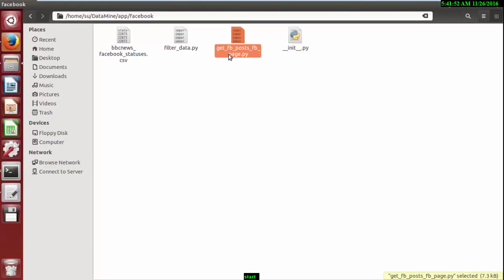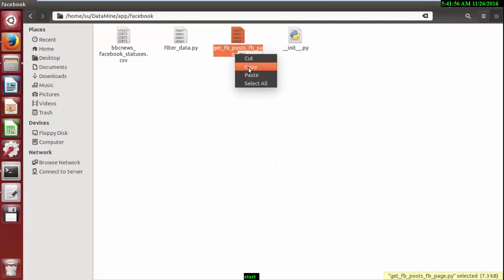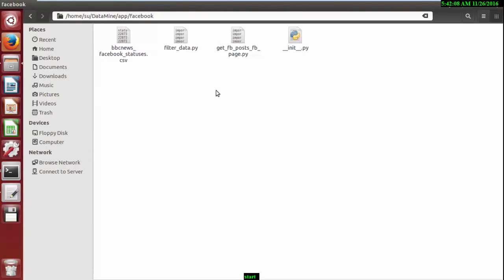This is the name of my script. I'm just renaming it and copying it, and I'm going to call this script with python and the file name dot py. I have already built most of the Python libraries in my system, but whenever you do these things, you should create a virtual environment.